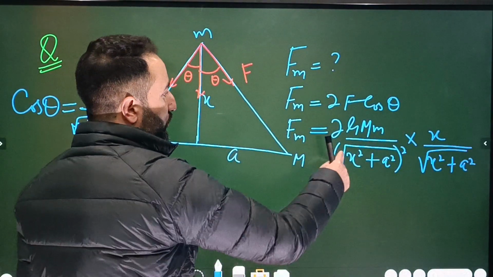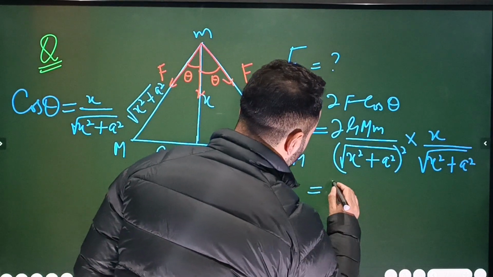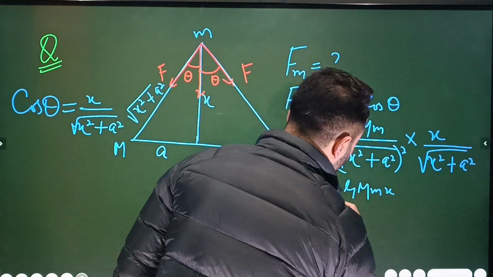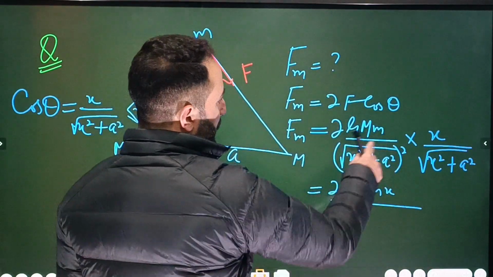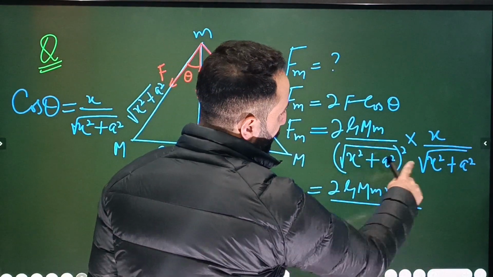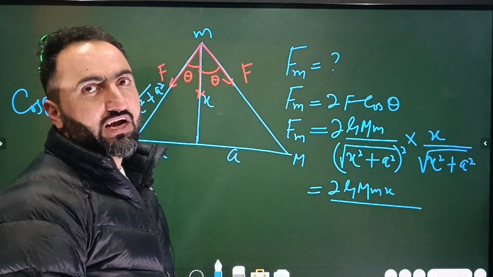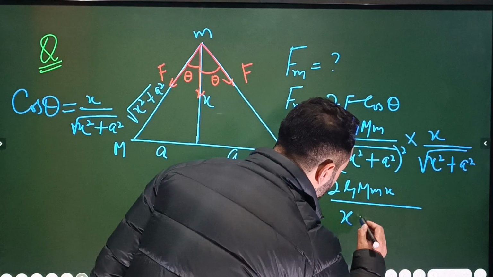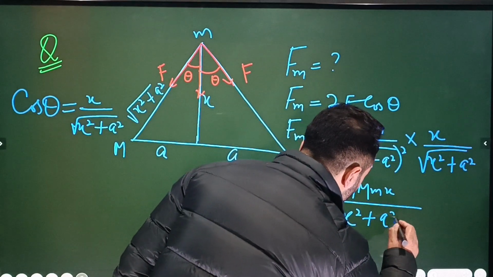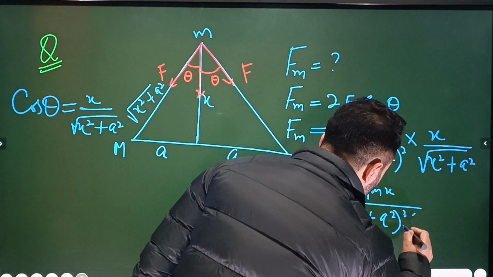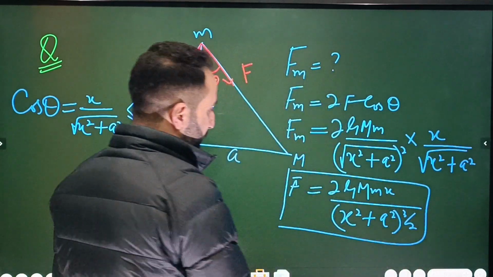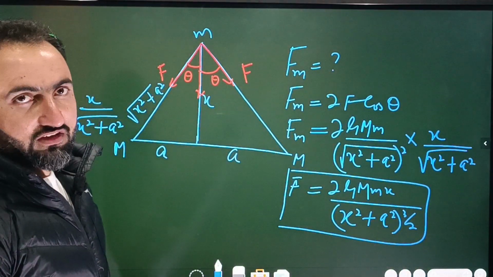ठीक है बेटा, this square and root is going to cancel, तो यहाँ क्या आंसर आएगा बेटा, twice G capital M small m multiplied by x divided by, this square and root will cancel, so then this is raised power 1, this is raised power 1 by 2. In multiplication bases are same, powers are added, तो क्या आएगा बेटा, (x square plus a square) raised to the power 3 by 2, so this is the net force on the particle of mass small m. ठीक है बेटा, so I am sure आपको अच्छी तरह से ये एग्जाम्पल भी समझ में आई होगी बेटा।